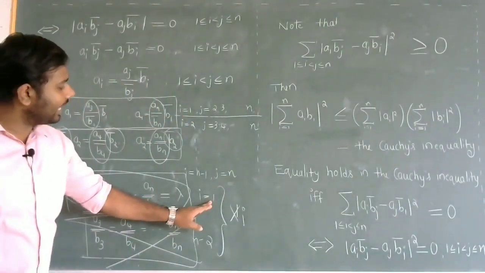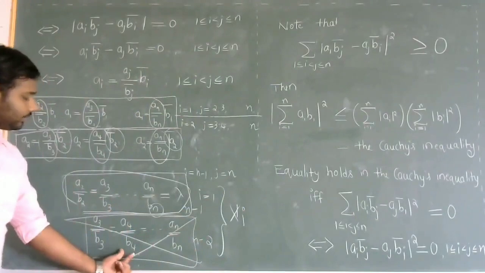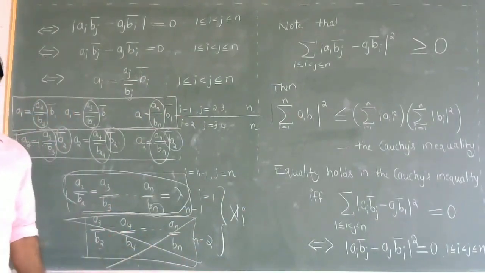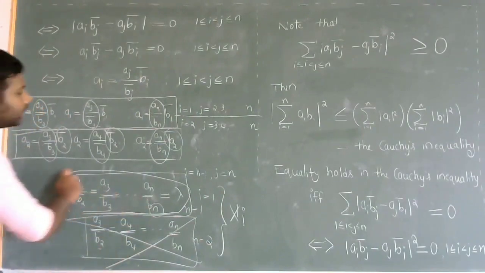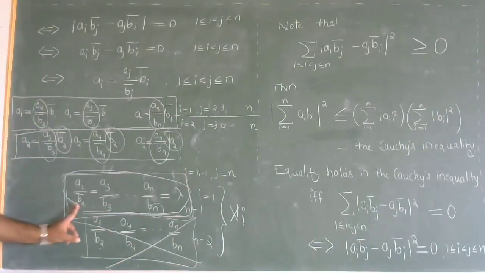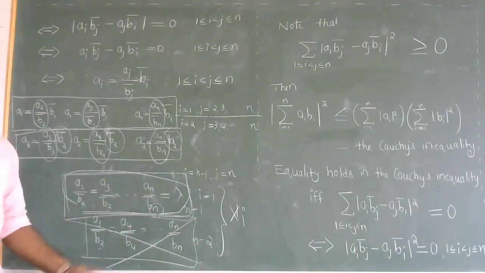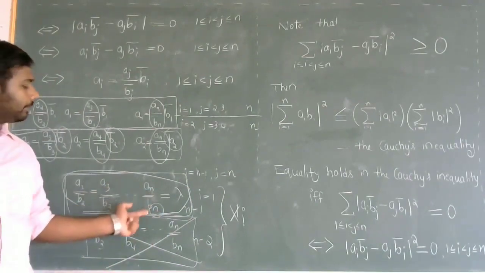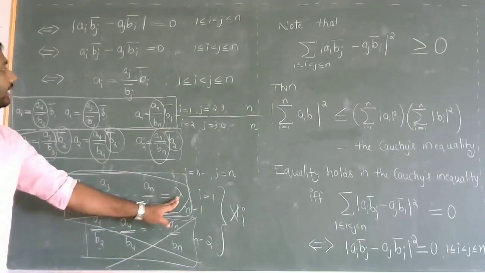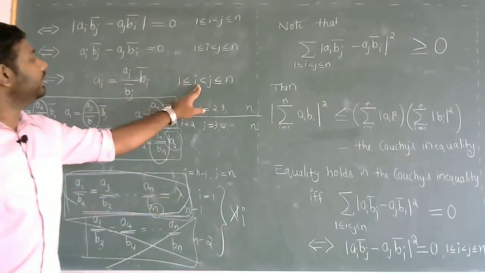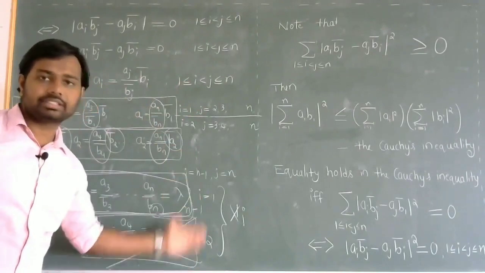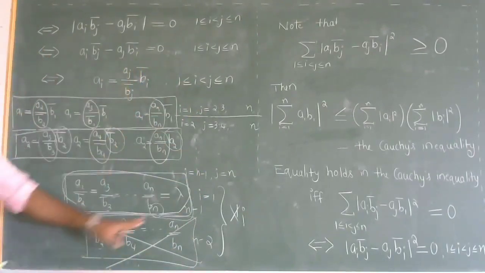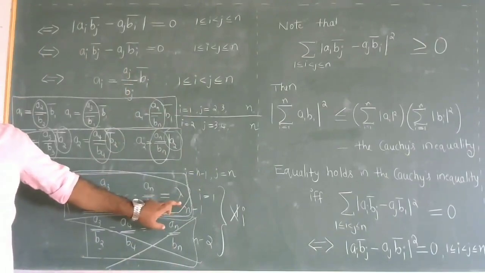As i value becomes larger and larger, the number of fractions becomes lesser and lesser, but all those will be included in the first case itself. And in that case, all the fractions are equal: a2 by b2 bar, a3 by b3 bar, and so on, an by bn bar. All these fractions are equal. That means as i varies over all possible values, actually all these fractions are constant.